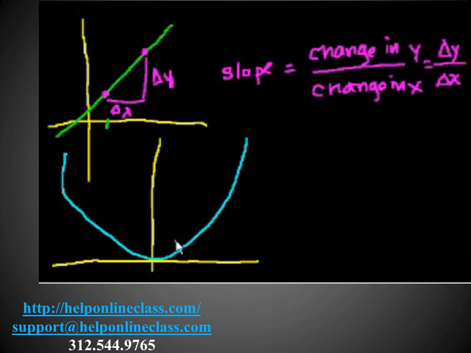Well, there is no slope for the entire curve. For a line, there is a slope for the entire line, right? Because the slope never changes. But what we could try to do is figure out what the slope is at a given point. And the slope at a given point